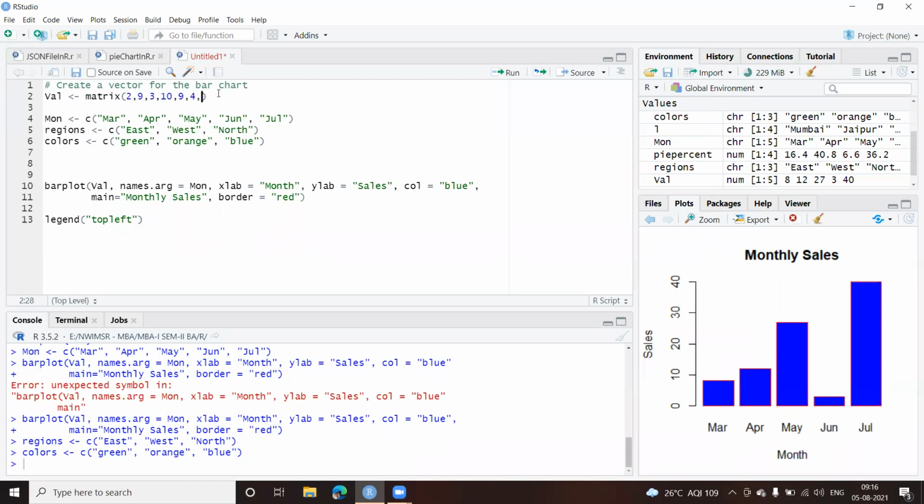Now how many do I require here? If I have 3 regions, I'll require 3 rows, so 3 multiplied by 5 columns, 15 values. So let me enter that many values. I've given 6 so far. Let us give the 7th one, 8,